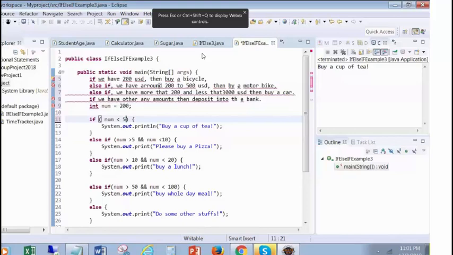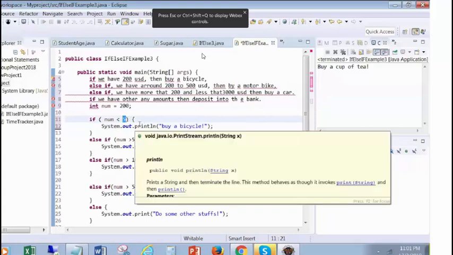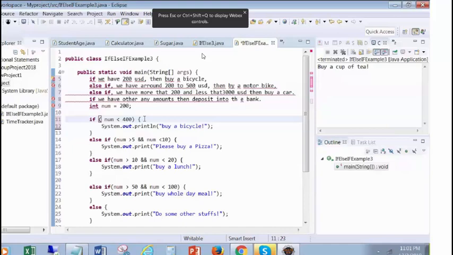We have to go to the first line. If we have 200 US dollars, then buy a bicycle. If we have $200, then buy a bicycle. Less than 400? How come 400? Oh, here what we need to do: if it is 200, then buy a bicycle, right? So less than